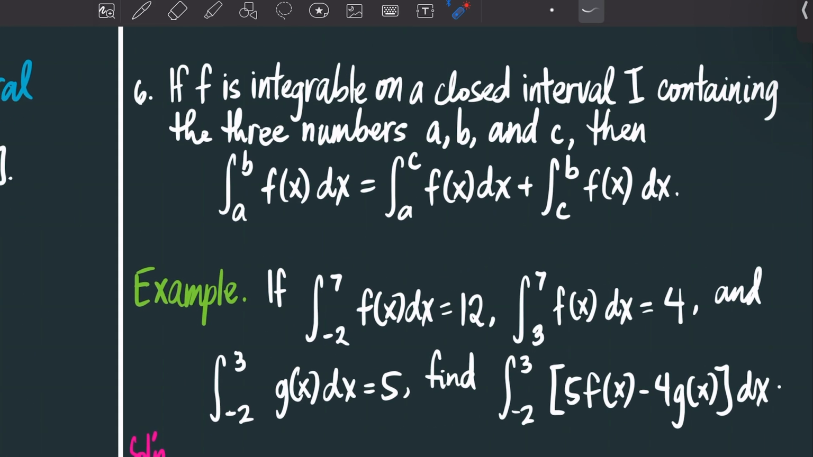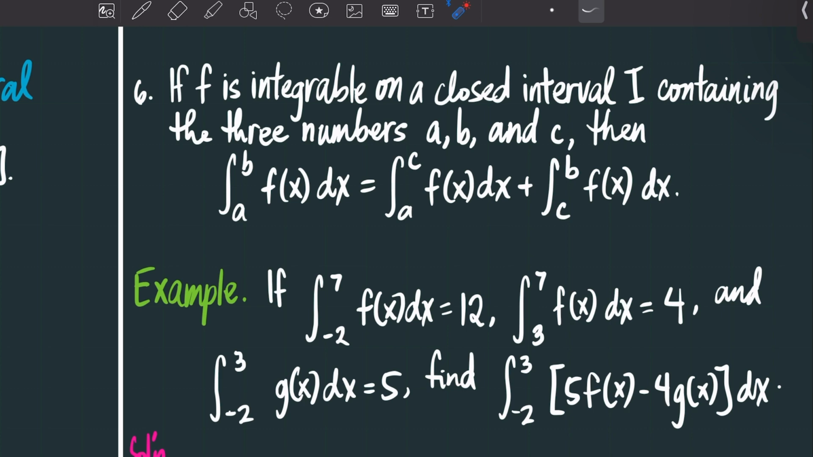Number 6, so medyo mahaba yung sinasabi niya. Suppose daw that you have an integrable function f on a closed interval I containing the three numbers a, b, and c. Then, what you can do, kung nagko-compute ka ng integral of f of x from a to b, pwede mo raw silang split by introducing a new number c. So that becomes the integral of f of x from a to c plus the integral of f of x